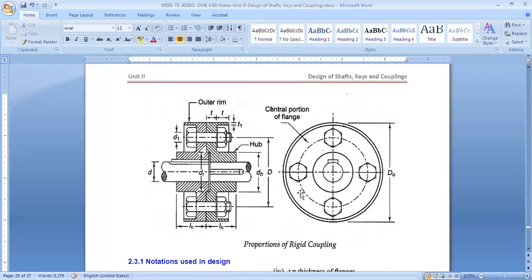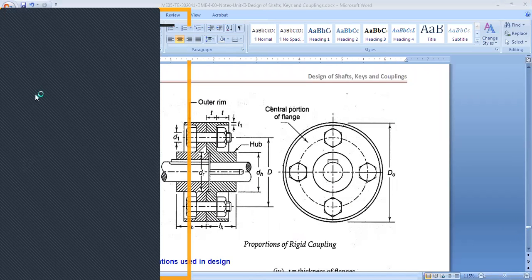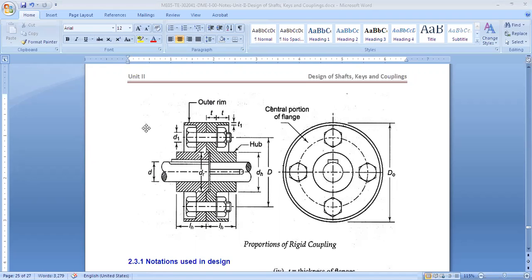Okay, so let's go through it now. First, right before doing the design, I hope that you are okay with whatever we have done till now. I am assuming that you are with me and following. If any doubt is there, you can raise your hand or ask me in the chat. No issues. Okay. So let's proceed now. We will do the design of a flange coupling. We will try to finish that part, and there we will close today's lecture, because in the next lecture I will take a numerical on the design of the flange coupling.